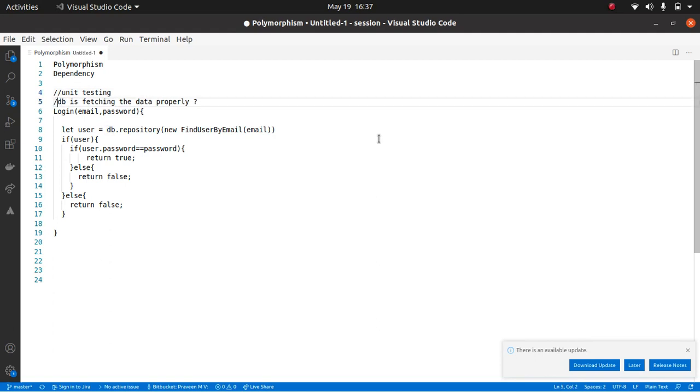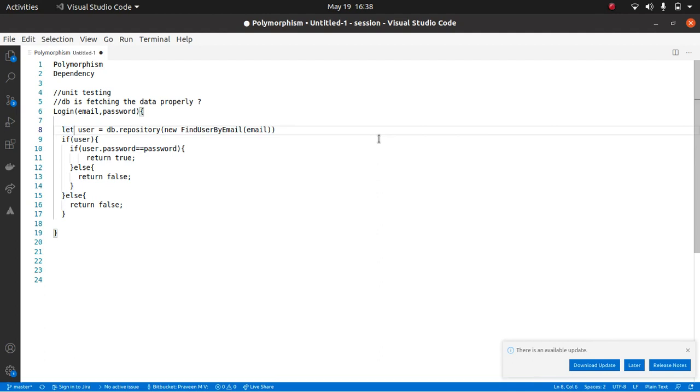It is true. Of course, we do write unit tests for database, where we check whether it is retrieving the right data, to check whether the query is correct. But right now I'm checking this login, correct? I need to check if the database gives me the right data, that is, if it finds me the user, after that, is the logic proper or not?